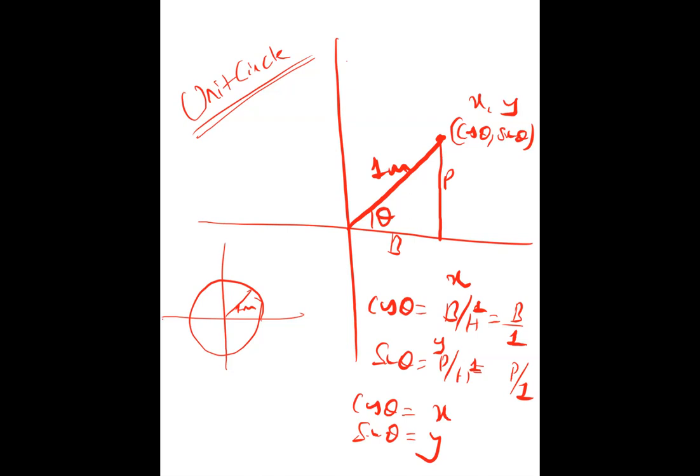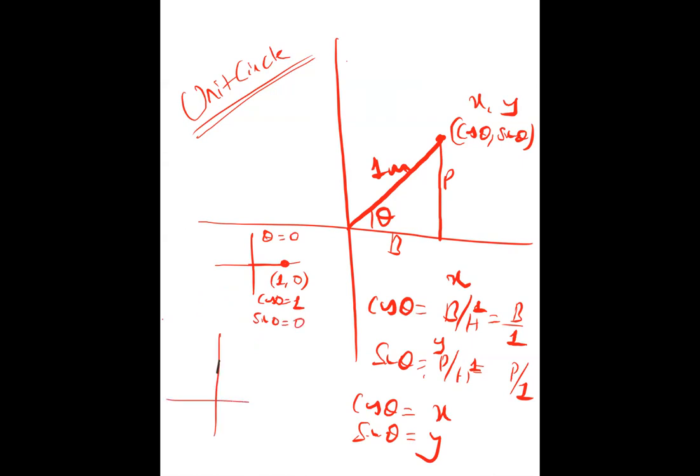Okay. And you can all make a chart of it and show all the points in the unit circle. For example, at this place, you can write theta equal to 0, and at this place it is 1, 0. That means cos 0 is 1 and sine 0 is 0. Then you can make this here 90 degree, and you can write 0, 1. You can also write cos 90 is 0, sine 90 is 1.